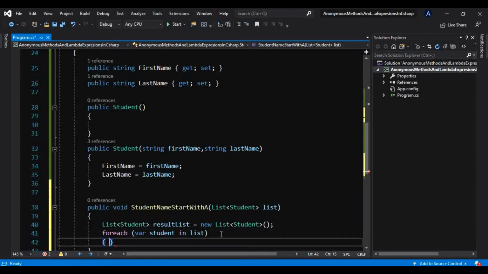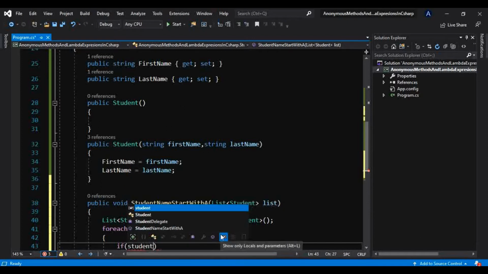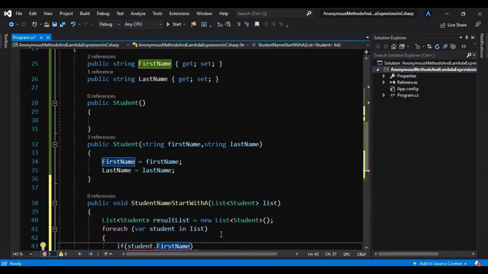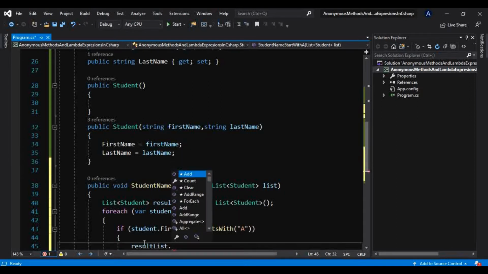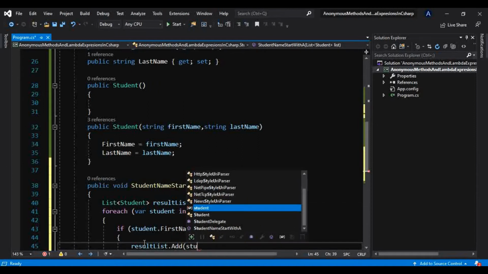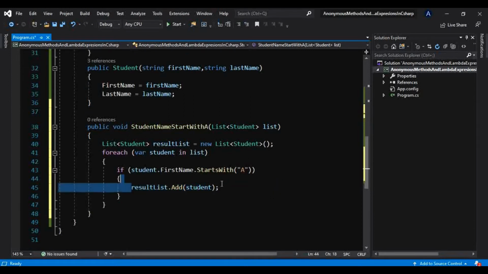In this if condition we will check, this student inside this list dot first name dot starts with A, and if it is so, then we will add that student inside this result list.